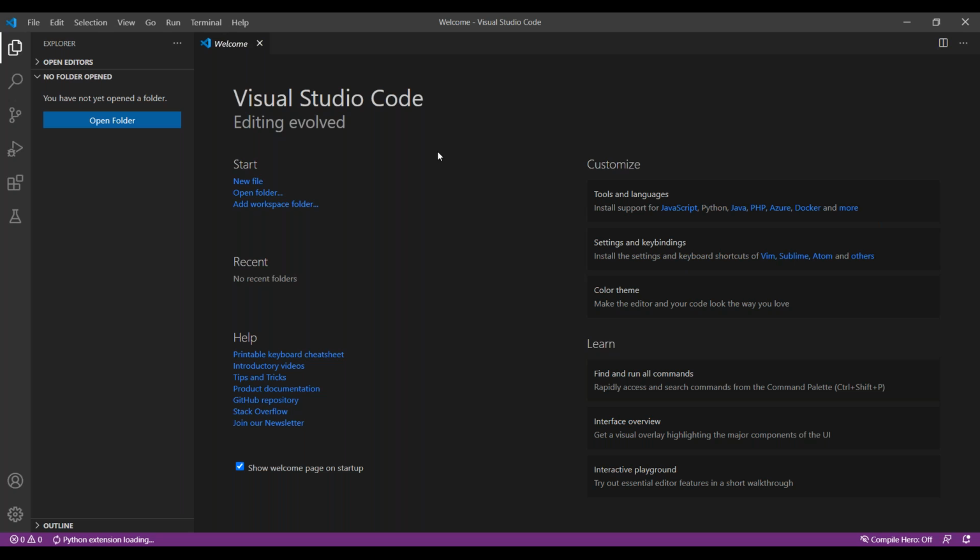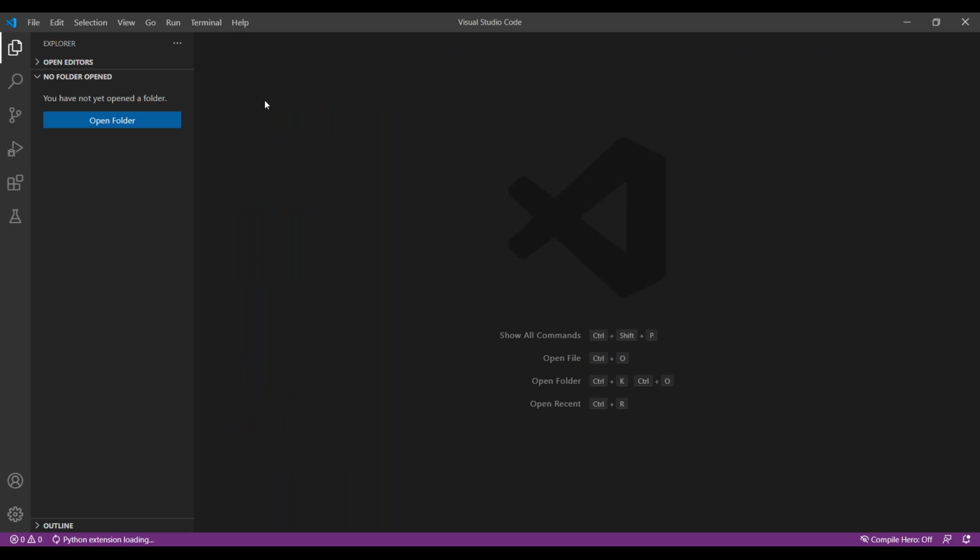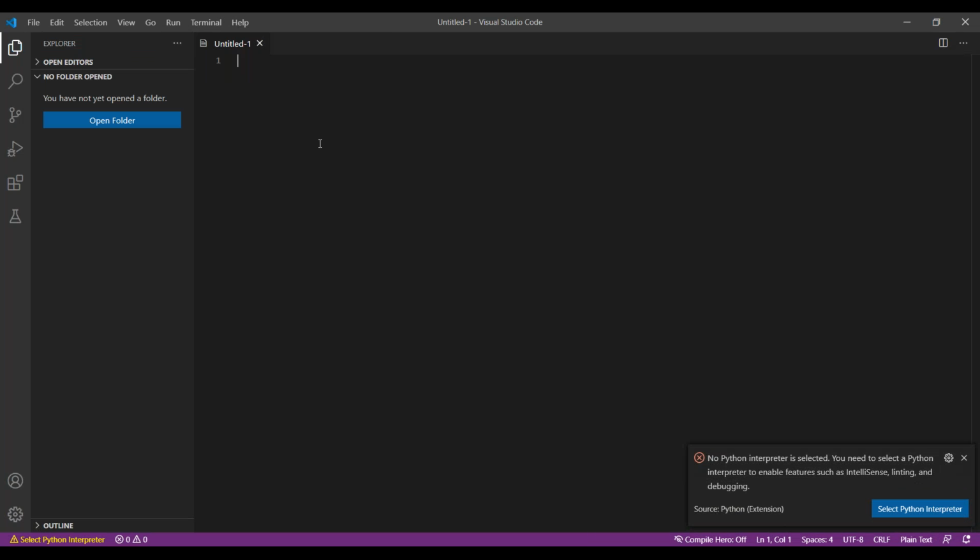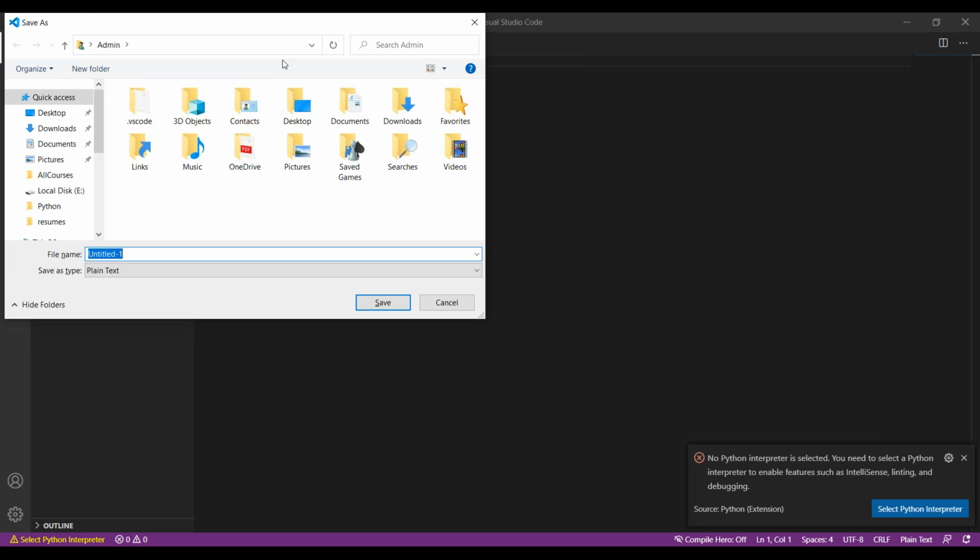Okay, let me create one file here. So this is completely from the beginning: installing the new application, creating a file with the Python extension, and writing some Python code. First let me create one file with the Python extension. Let's say here some example. Let me save this